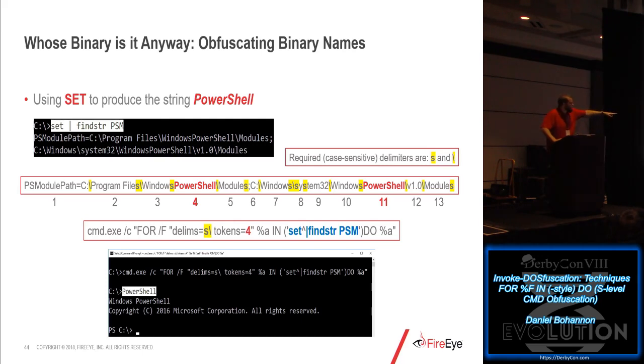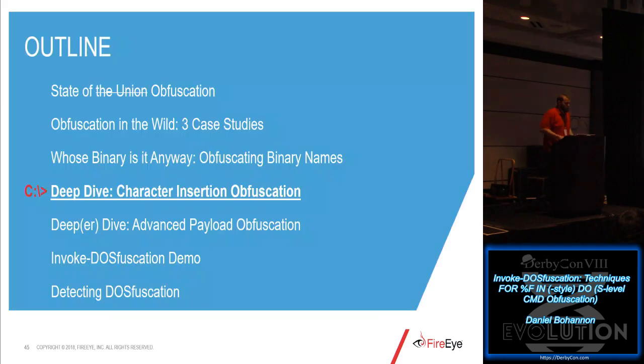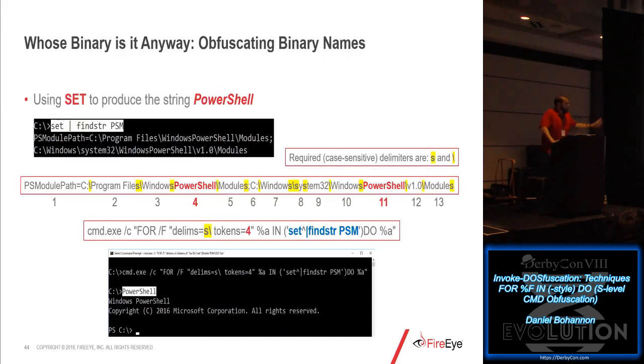So as we can see, when we run it down here, it produces the string PowerShell in memory and then runs PowerShell. In this example, we're not going to see PowerShell in the first execution, but since it's a binary, it's going to run in the second execution. But this concept can be extended to produce any internal commands that may not actually produce a child process. And an example of where this may be applicable,